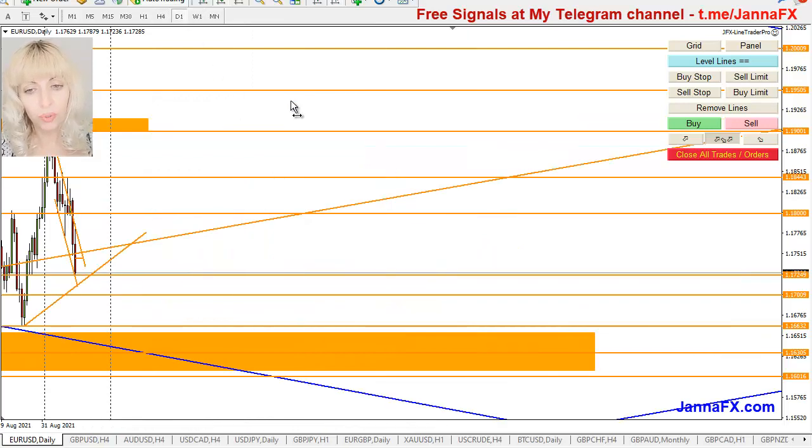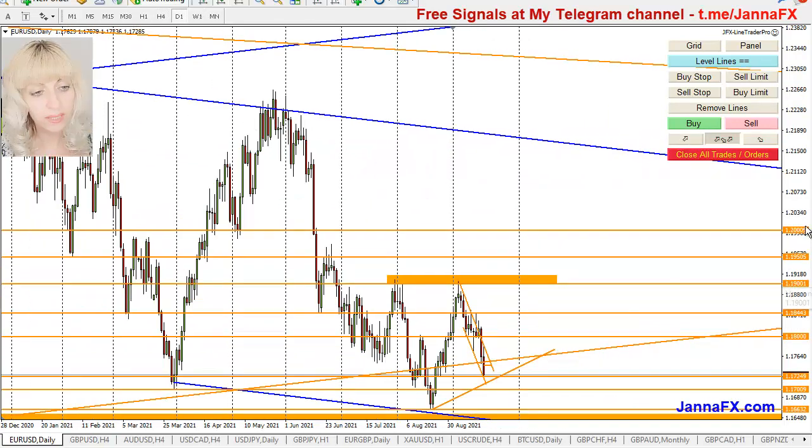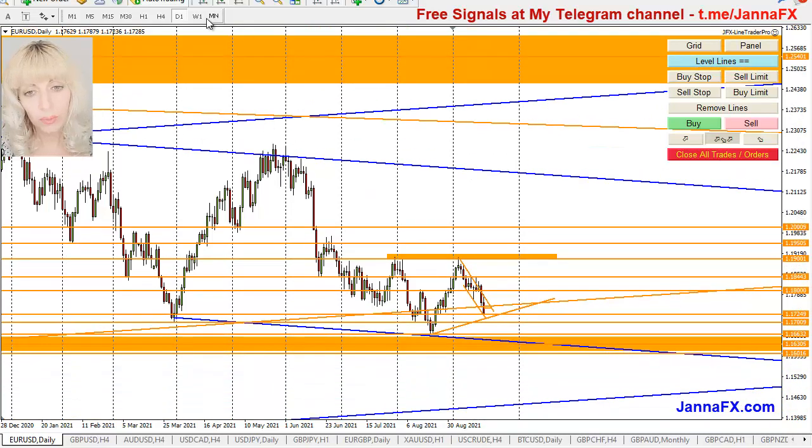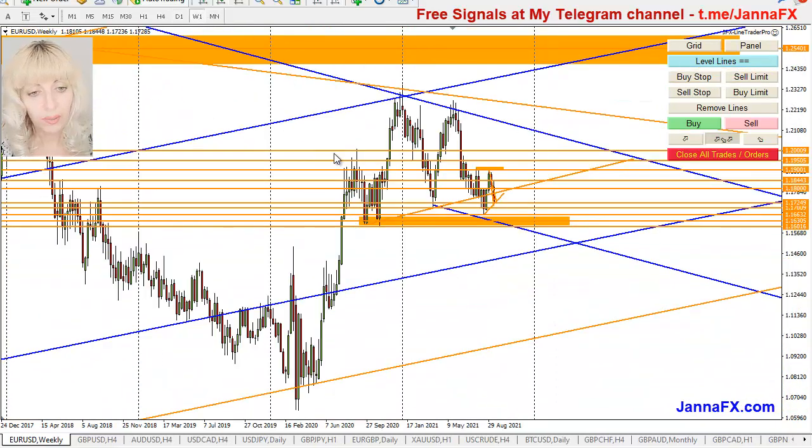So I'm going to show you a bit bigger time frames. As you can see, guys, let's do the weekly chart again to show you that the pair broke through the level, right? So it stays again underneath, and at the same time we still have this little bottom here, which is still slightly higher than the previous one. Even if it was a breakout here once again, it still has a possibility that it can turn around.